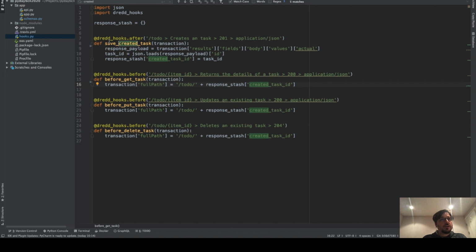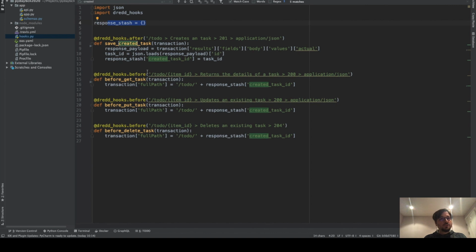It's very simple. We define them as decorated functions where we specify the path to the specific situation that the server will test. So for the path to do, which is the generic resource for our tasks, there is a description for this endpoint, which is create a task. Right, for this specific part of the API, we are telling Dredd to make sure it captures the payload returned by the server when we create a task, save the ID in a global object that is defined here, and